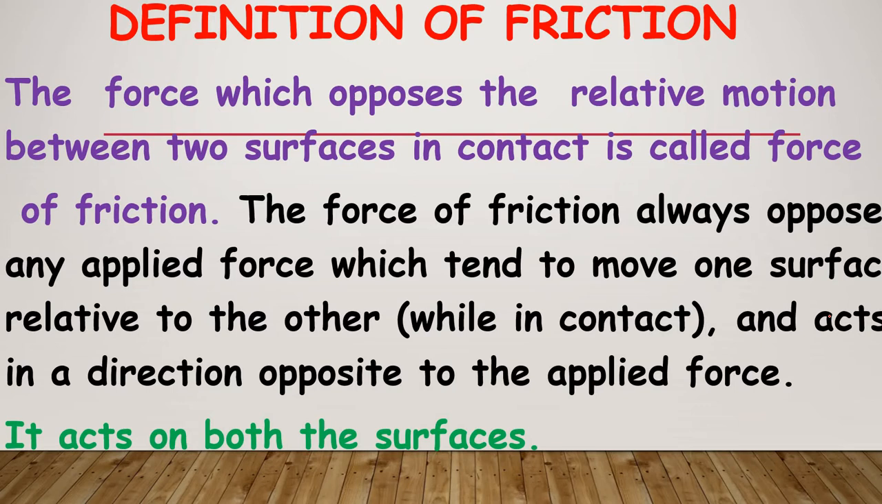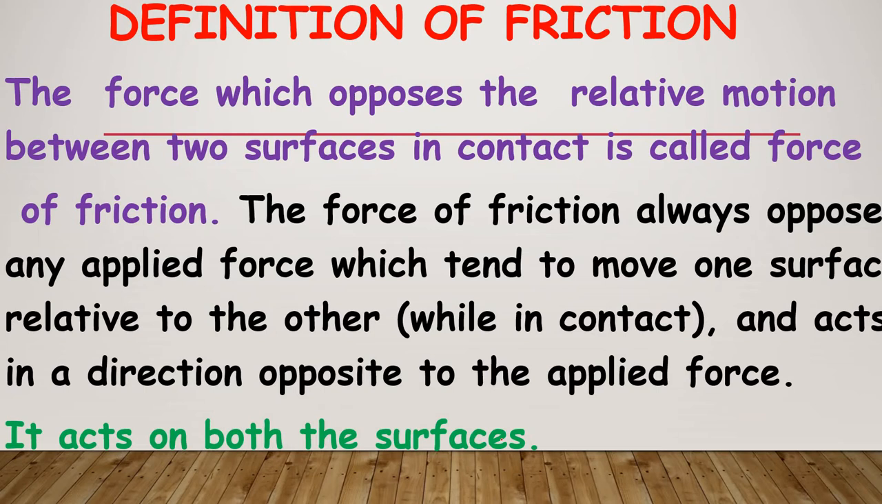Okay, so now we are going to define friction. The same definition what we have studied in the first lesson. It is a force which opposes the relative motion between two surfaces in contact. Okay, there will be two surfaces, they will be in contact. When one tries to move on the other, the frictional force comes into action. Now the force of friction always opposes any applied force which tends to move one surface relative to the other when they are in contact and acts in a direction opposite to the applied force. So the frictional force always acts in a direction opposite to the applied force and it acts on both the